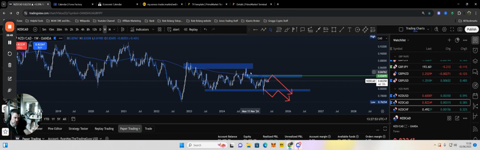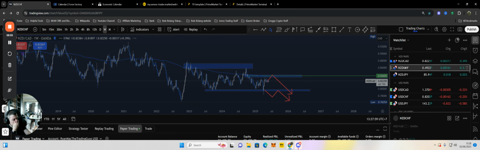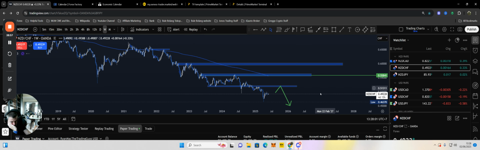NZD CAD, both of them are shit economies. That's why you've got this. You've had this since 2024. Really shit economies. NZD CHF, dog shit. I would be selling this. However,